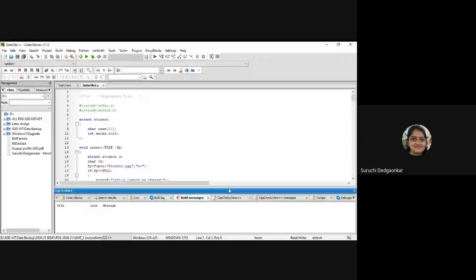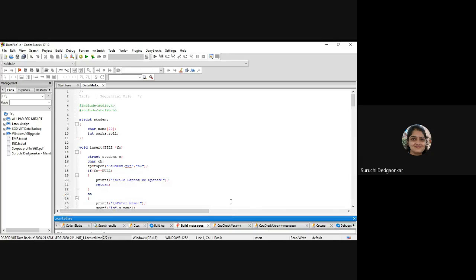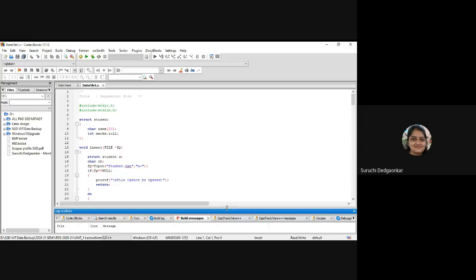If I have to maintain a database, which are the different database related operations we can do? Take any database. Suppose I have to maintain a students database. Which are the different operations I can do on that database? We can search for a particular student by his roll number or something.